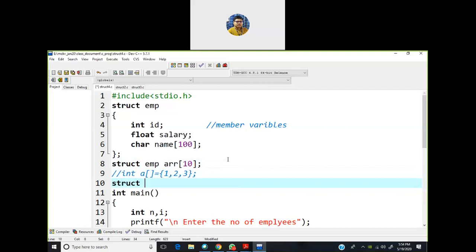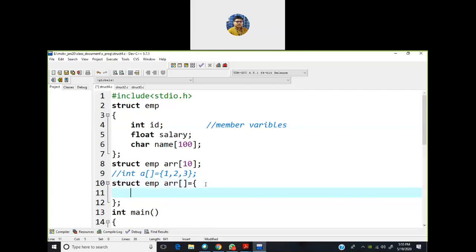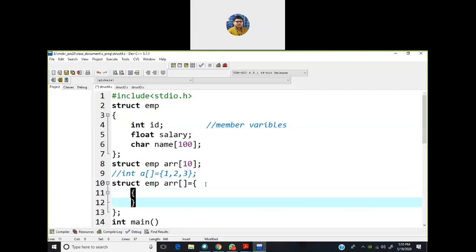Note it down: struct emp, array name arr, then one opening and closing brace, which is the end for the entire array. Inside this you have to put